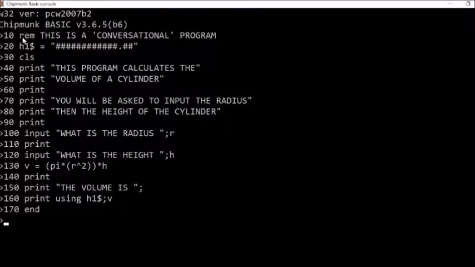Right, line 10, rem, that's remember, right? So that isn't anything to do with the operational part of the program. This is just a label. This is a conversational program. It talks to you when it calculates it. This H1, we use H conventionally as a heading, right? Heading number 1,